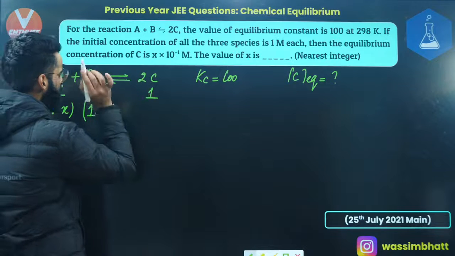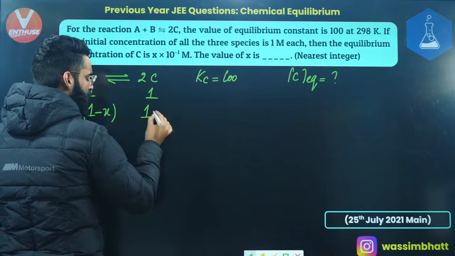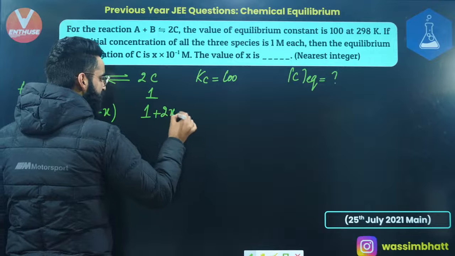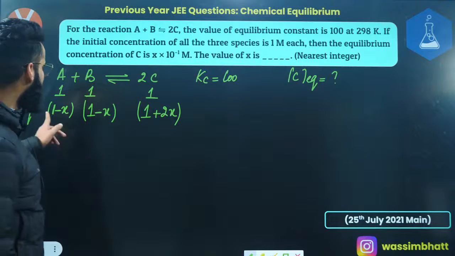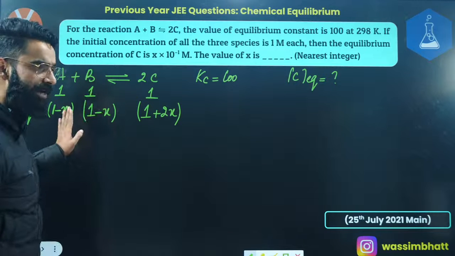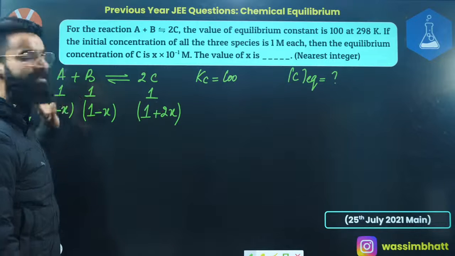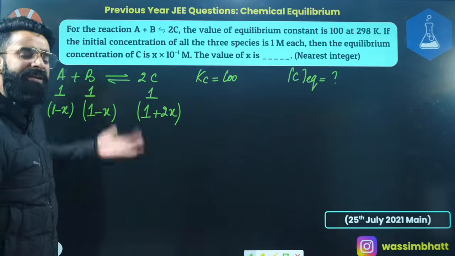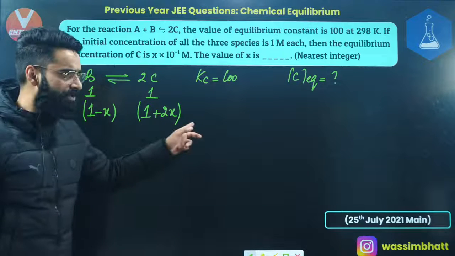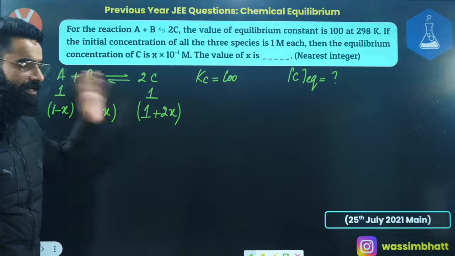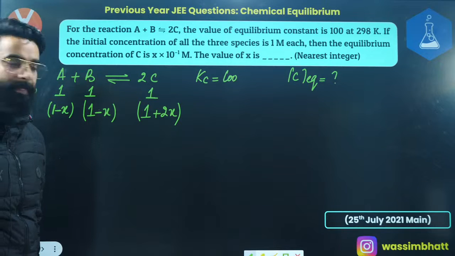Similarly, 1 mole gives 2 moles. So from X moles, you're going to get 2X moles, right? So already I had 1 mole of C, and apart from that, you're getting 2X moles of C at equilibrium as well, right? So at equilibrium, these are the moles of the reactants and products, right? Yes. But actually, this is the concentration, because I started with the concentration, okay? And I've treated the concentration in the similar way as we used to treat the moles. So basically, you got the concentration of each reactant and product at equilibrium, okay?